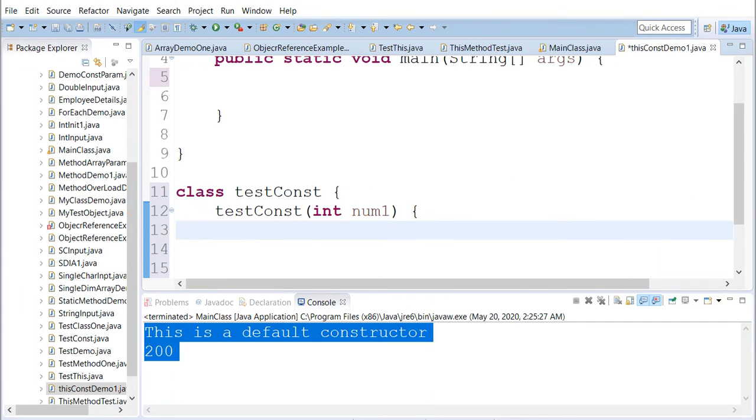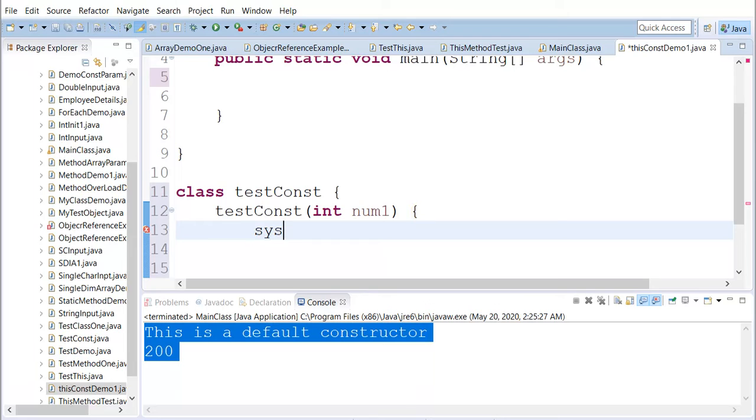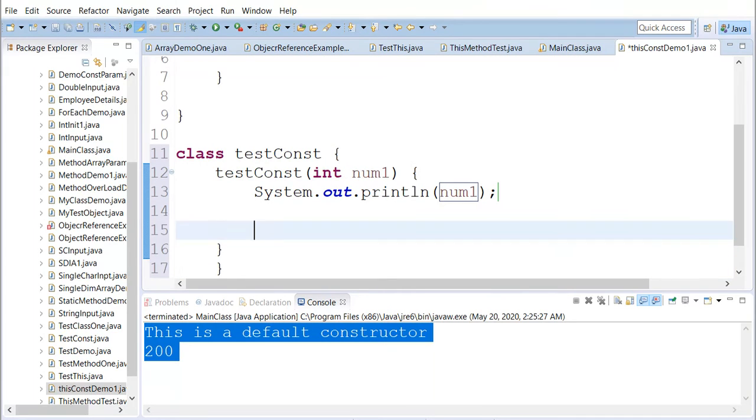So now this is a parameterized constructor, and the job of the parameterized constructor is some print statement, let's say. I'll just print number 1. This is the job of the parameterized constructor.